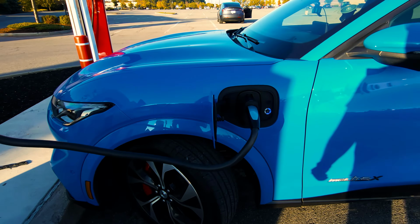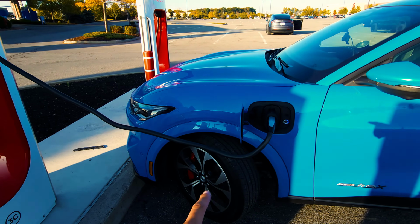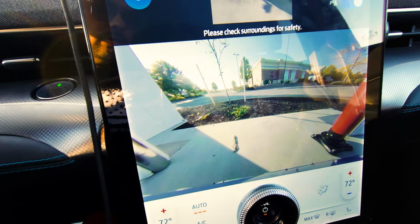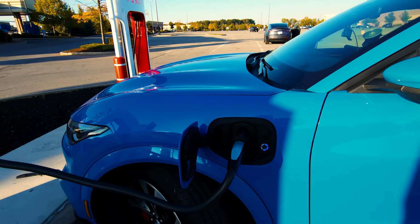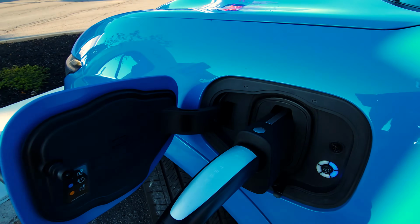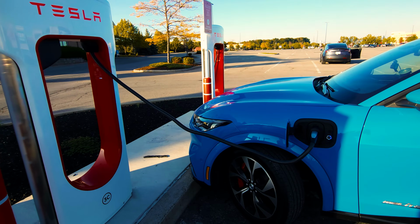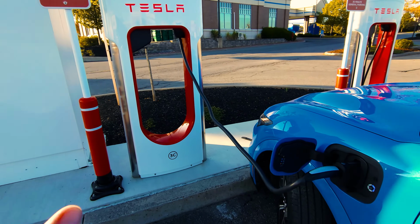Not that short, easy to maneuver because they're lighter, but also difficult because they're shorter, which means I had to get my car pretty close. I could have gone a little closer, but this was enough for me to reach the plug. And I really like the handle and the adapter, they're actually lightweight, which I was a little surprised by. But that's really the two downsides here: the cables are short, and the way the superchargers